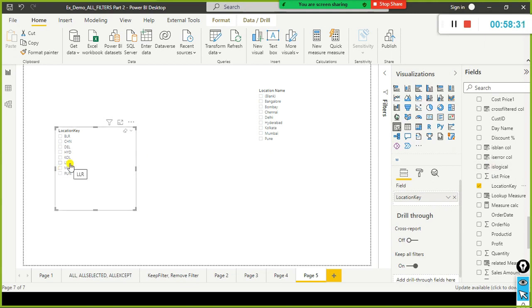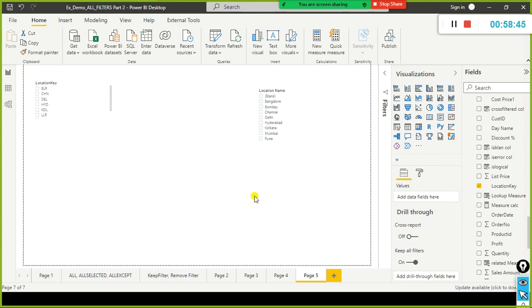Look here, we have LLR, right? We don't see any LLR here. Since there is no matching record here for LLR, it inserted a blank value here, okay? Now let us see how this count function, or sorry, the values function is helpful to find out the